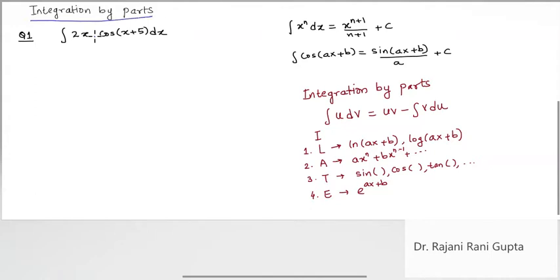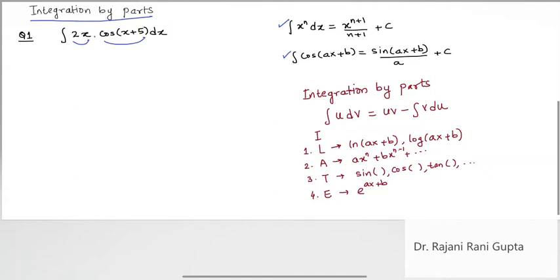Because for 2x, if we look for the rule of integration, we can use this rule, x power n dx. And if we look for the rule of integration for cosine(x plus 5), we have this rule, integral of cosine(ax plus b) is equal to sine(ax plus b) over a. So for both the terms which are under multiplication under the integration sign, we have the direct rule. But as we cannot apply the rules directly to the individual terms, we have to go through the method of